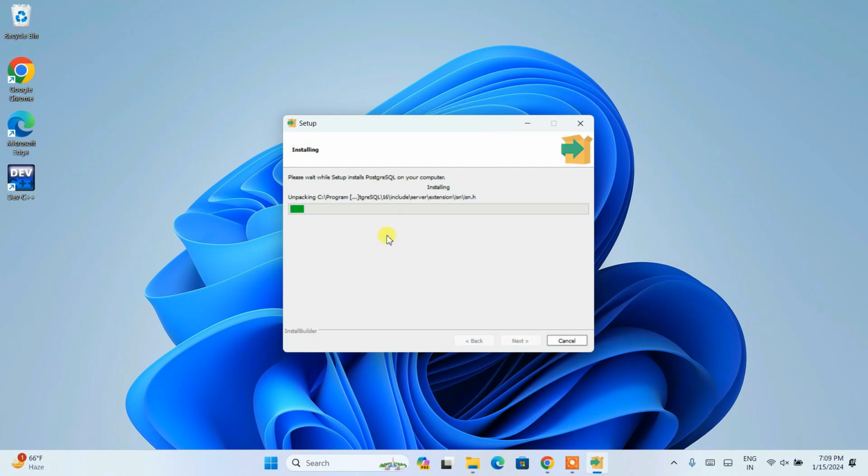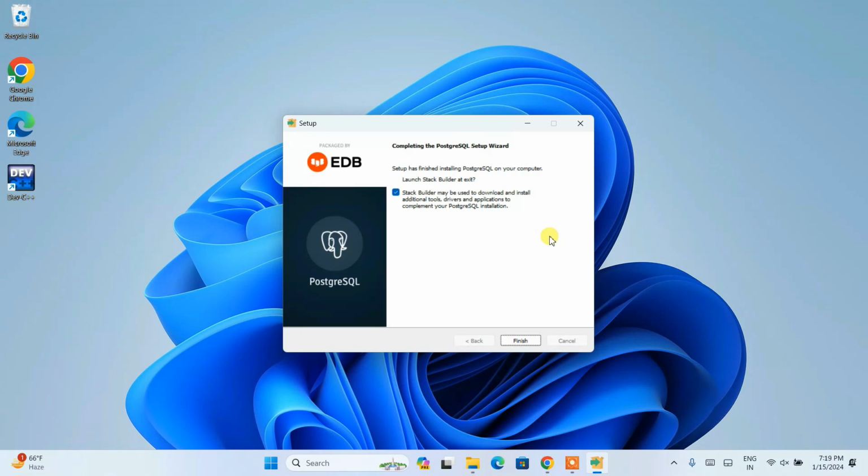So let's minimize, and you can see it has started installing. Installing PostgreSQL will take about 5 minutes, I can say. So let's wait for some time. Once we are done installing Postgres, I am going to come back to this video. Yep, so we'll come back, and now you can clearly see that our PostgreSQL is almost installed, and it is